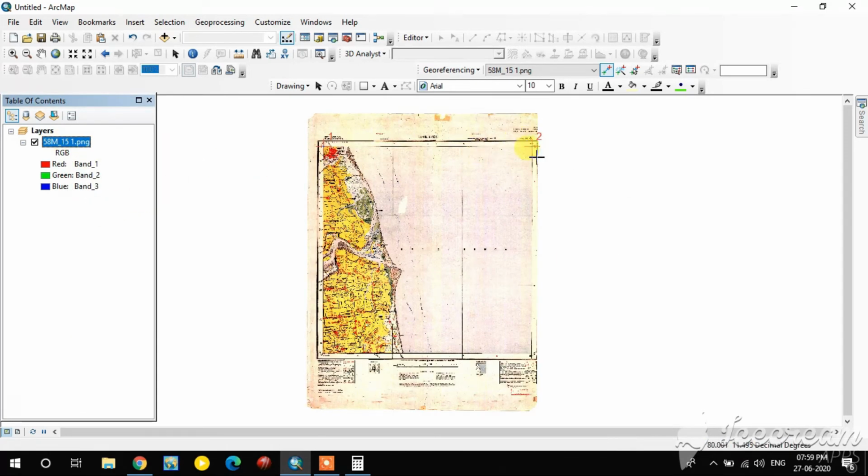Okay, give the zoom to layer. Now the third one.